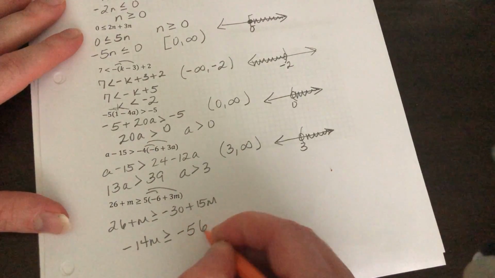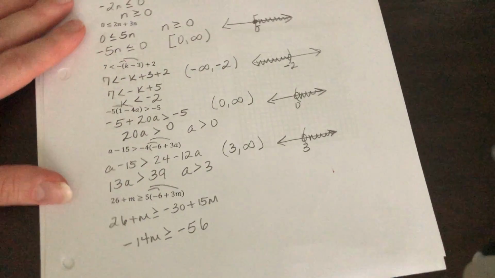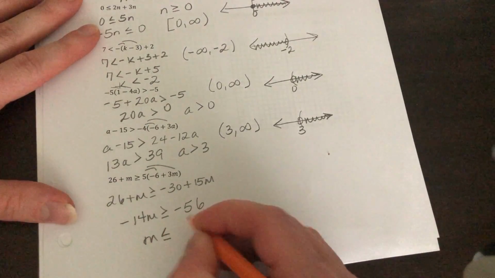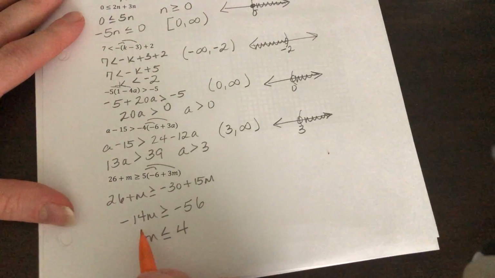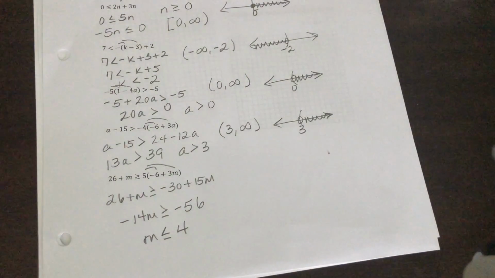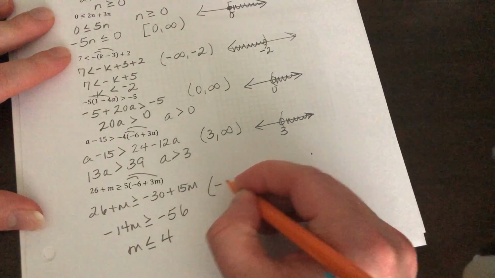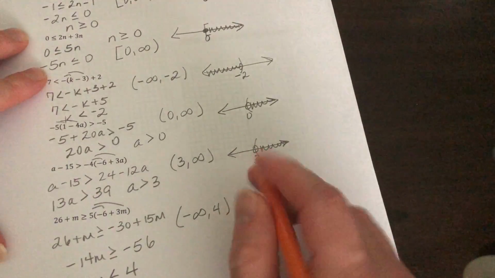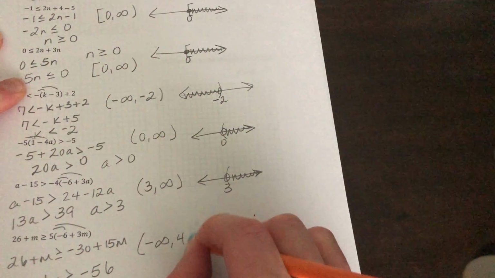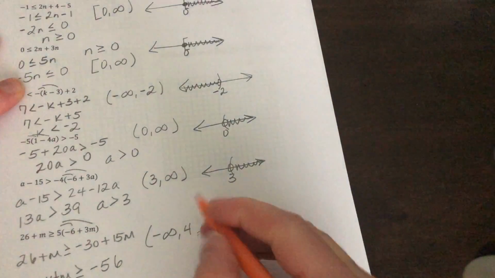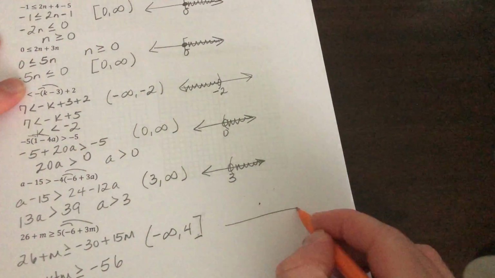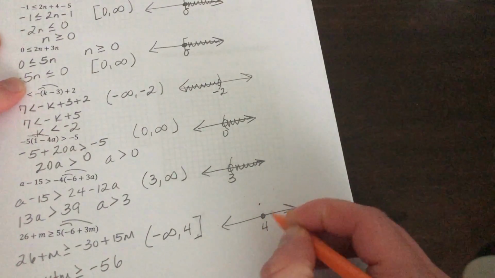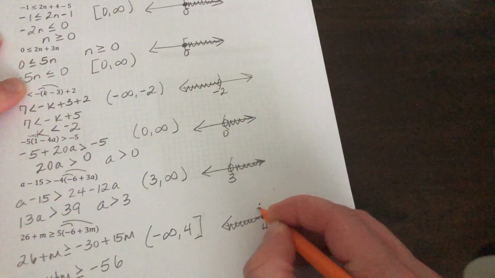negative 56. And when I divide through by negative, so we're going to divide through by negative 14, I flip the gator mouth and we get 4. Negative 56 divided by negative 14 is 4. So interval notation looks like this. And, ooh, no, it's equal to, sorry, it's equal to. Okay, so we're going to put a solid dot, and we're going to shade to the left, and close bracket